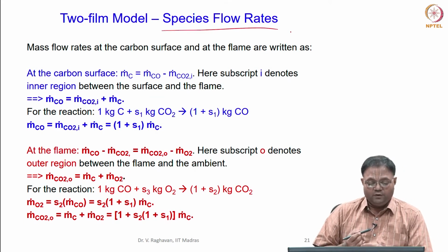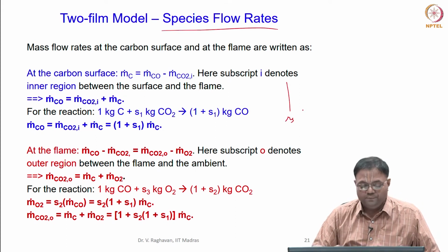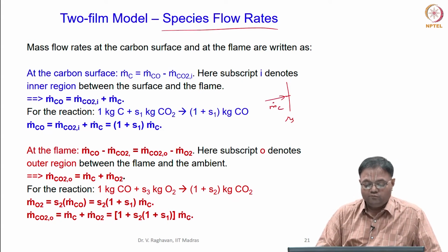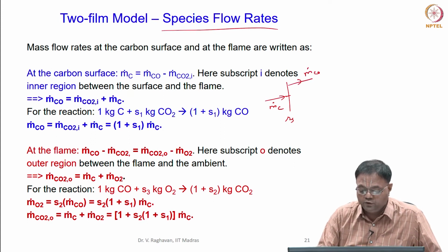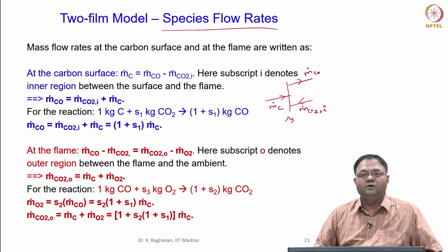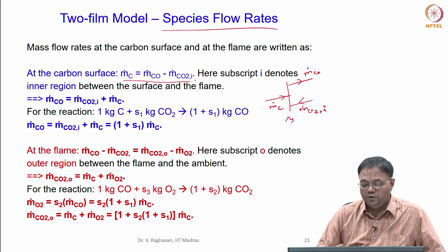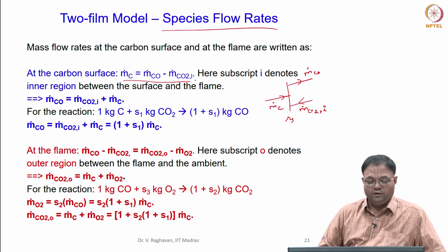Species flow rates basically. So, now carbon surface, so R_S, okay, m dot C, okay, CO is formed and that goes away like this, m dot CO. CO2 which is formed from the flame comes in. So, I will say this is the mass flow rate of CO2 in the inner surface. I represents the inner surface. So, this is the conservation here. Okay. So, that is the conservation of this.